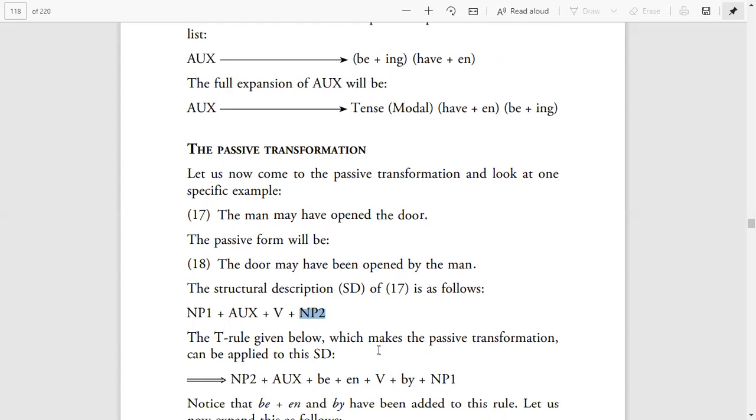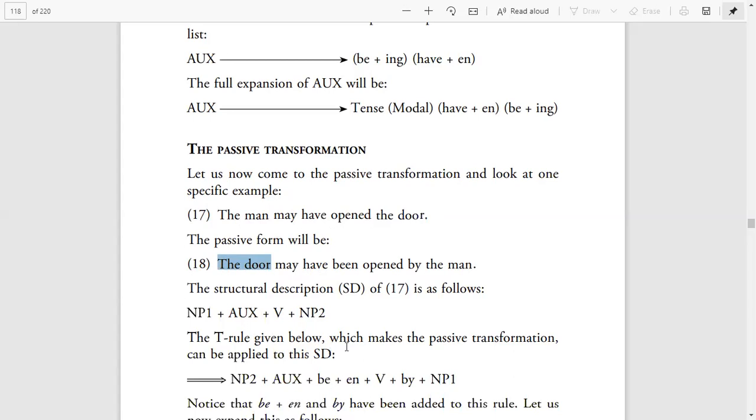The T rule given below, which makes the passive transformation, can be applied to this structural description. So let us apply the transformation rules and then see the structural description. So what happens here in sentence number 18, NP2, that is, in sentence number 17 NP1 was at the start, it has now gone to the end, and here NP2 has come to the start. So look at here. First of all, you have NP2, the door, and then you have auxiliary may have, and then you have